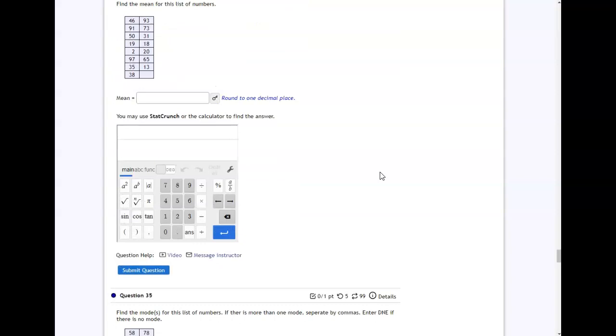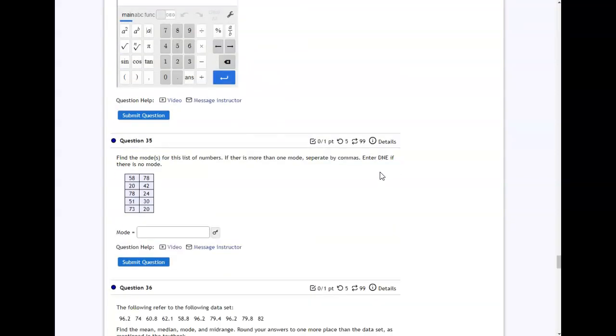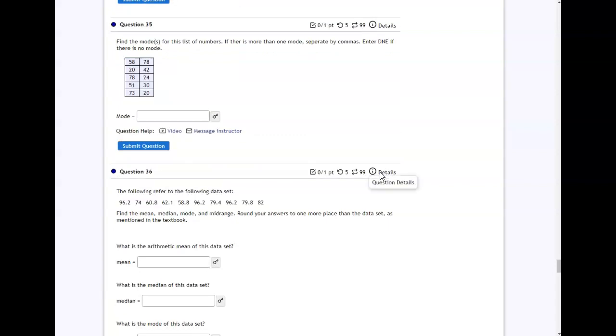For mean, you're going to use StatCrunch just like I did the median and the 5-number summary. Mode, you can also use StatCrunch, or you can just look at it and pick out the mode. This one is bimodal because it has two